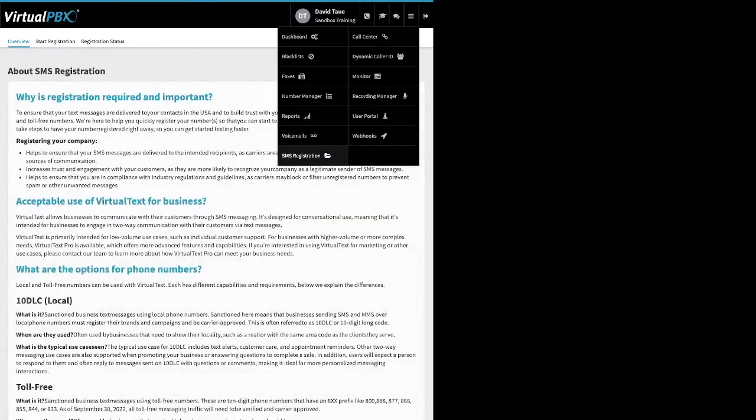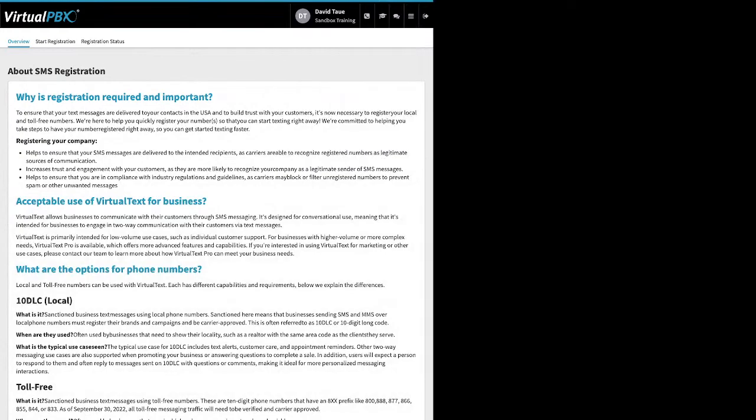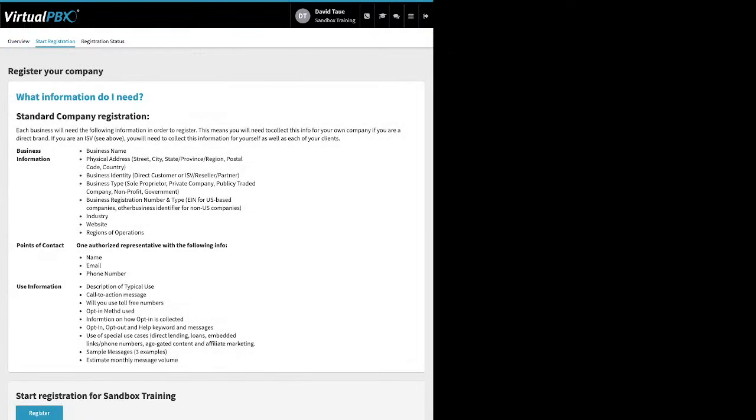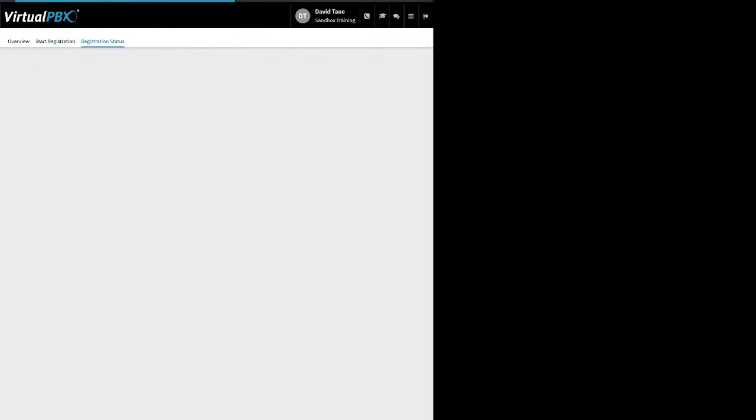SMS registration, this is if you want to make use of texting. The first page is just basically what it's about and why. This second tab is where you actually start up the registration process, and then your status of your registration. For most of this,